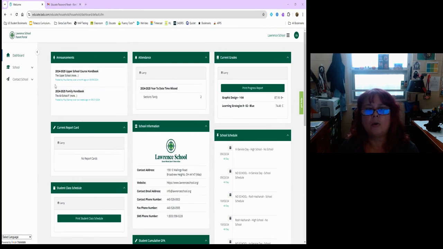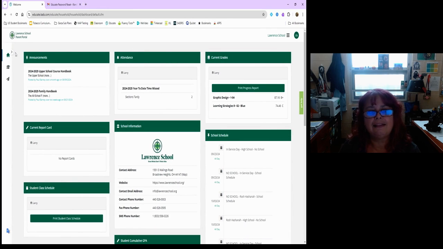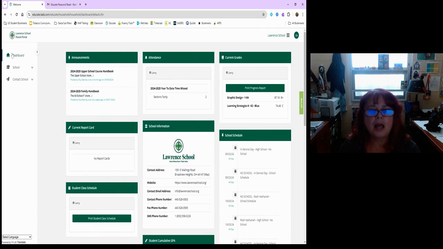You could also see over here on the top left-hand side, there's the dashboard, and you could hide that so you have more room. But you could also look at school, and that's where you're going to see your grades. So if you click on school and go to my profile,